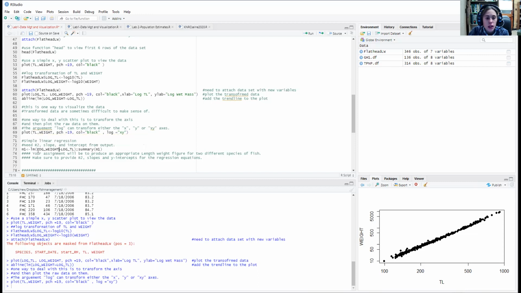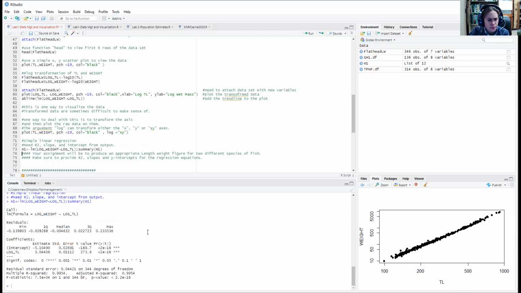And so we're taking a linear model of the log transformed weight by the log transformed total length. And then this summary M1 is just going to give us an output of like the ANOVA table and F statistics, things like that. So we'll go ahead and run that. Bingo. Okay, so now look down here in the console and see we've got our formula here for the regression